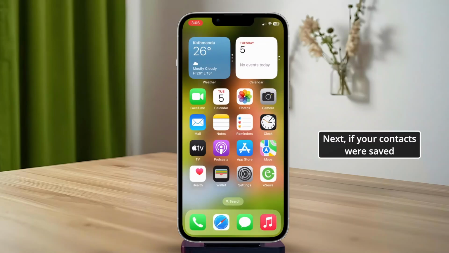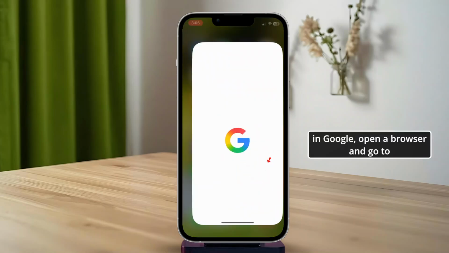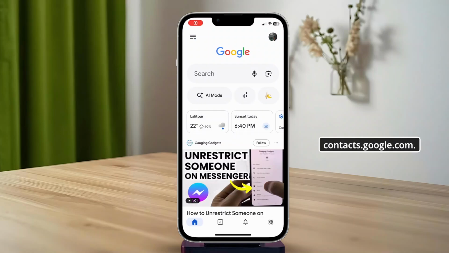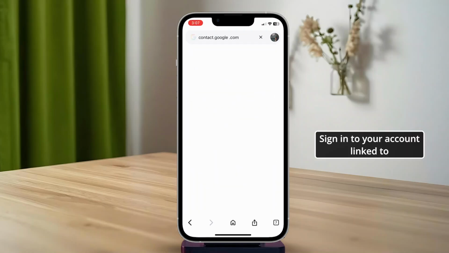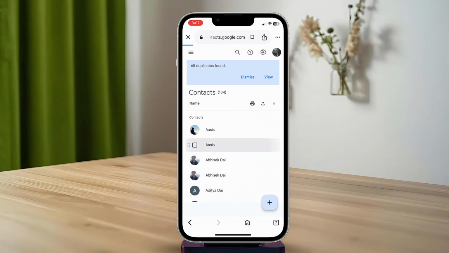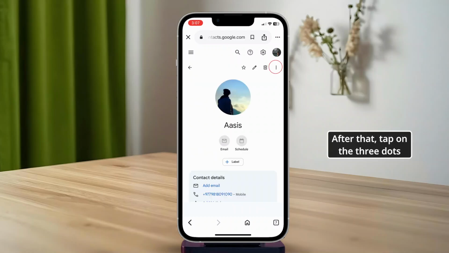Next, if your contacts were saved in Google, open a browser and go to contacts.google.com. Sign in to your account linked to your Google account, then tap on any of the contacts. After that, tap on the three dots in the top right corner. It will show various options. Here you can find your deleted or saved contacts, and you can export them or resync them back to your